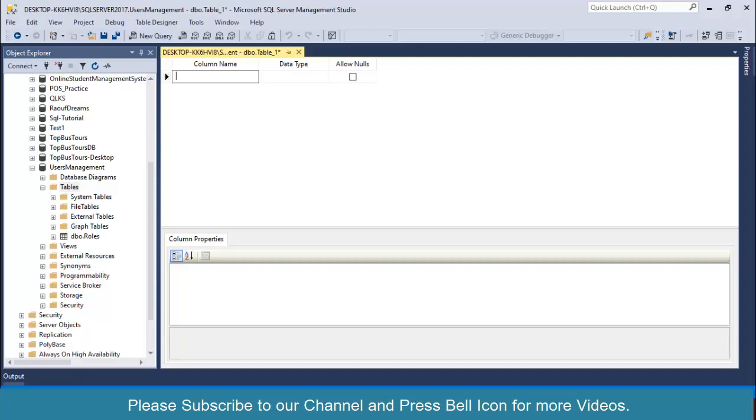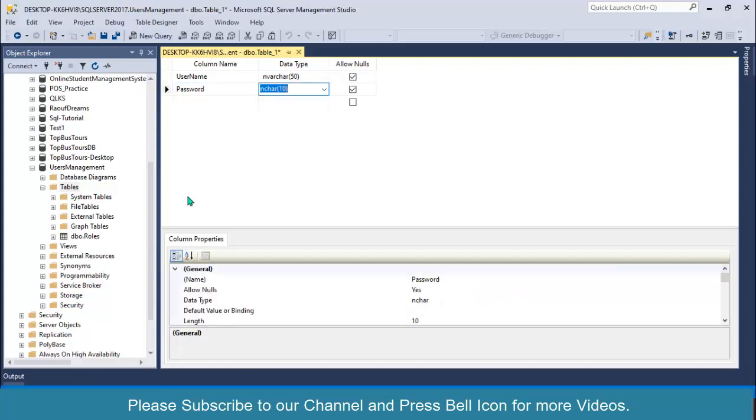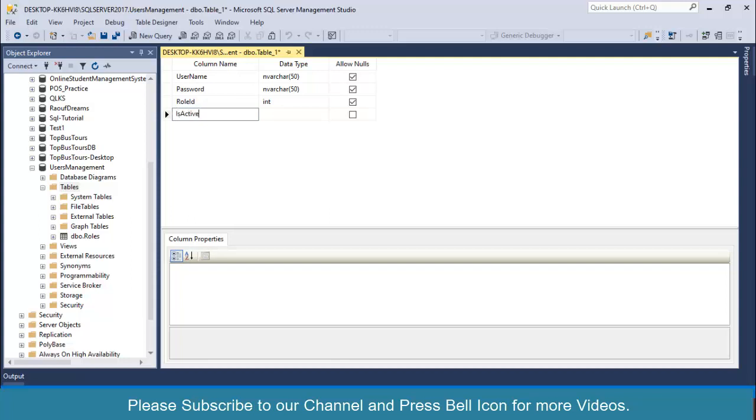The only fields I'll be using for this table: username as a varchar 50, then password as varchar 50, and then role ID of type int as a foreign key, and then I'll be using is active, which is type of bit, so that we can activate or block users. And I'll also be using description as varchar 200,